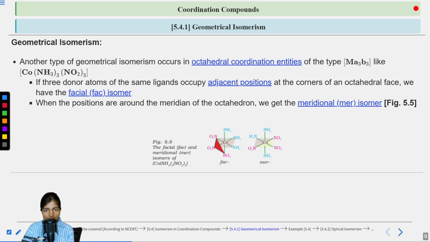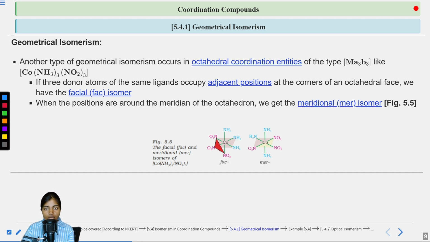So when you are combining this NO2 in the Z axis, in the ZY plane, in the ZX plane, and then you are combining this another NO2 and this another NO2, they are forming the octahedral face. Imagine the 3D, and they are obtaining the corners of this octahedral face, then this structure which is formed by this placement is referred to as showing facial